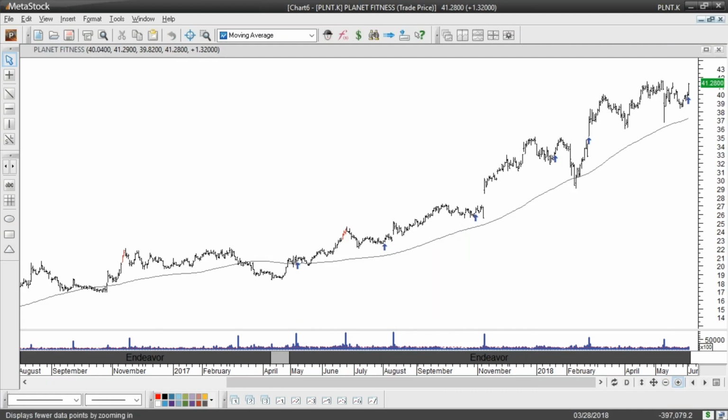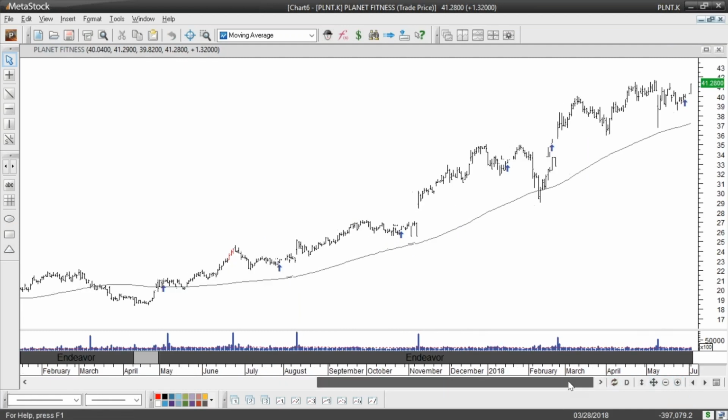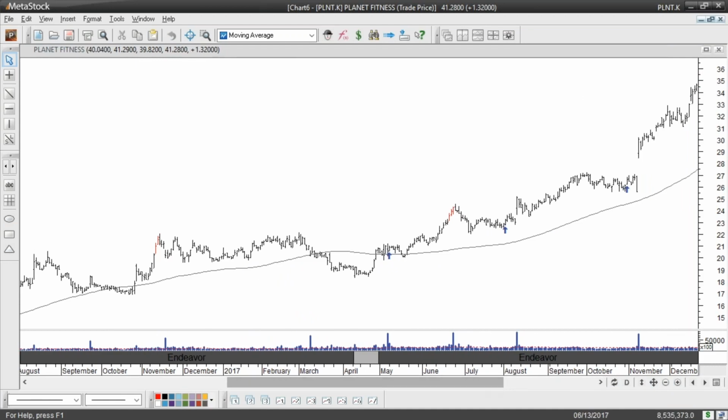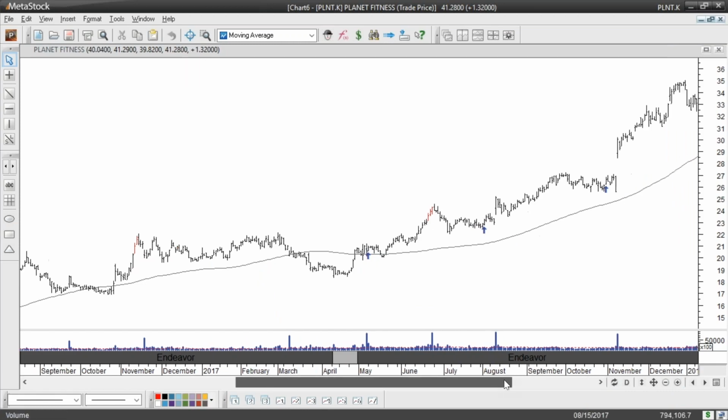Step 2 now is I want to zoom in here and I want to see the last couple times that this stock had blue arrows, what happened? Well, we got a blue arrow here, little stutter, and then a decent trend. Blue arrow, decent trend. Okay. Blue arrow,